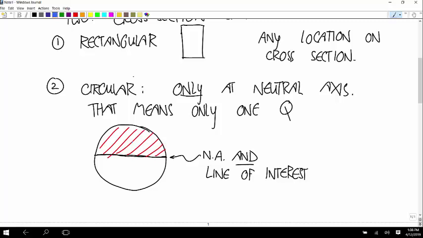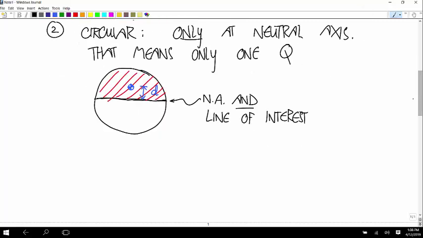That means that the centroid has to be here, and that means that this has to be D. So Q is just equal to